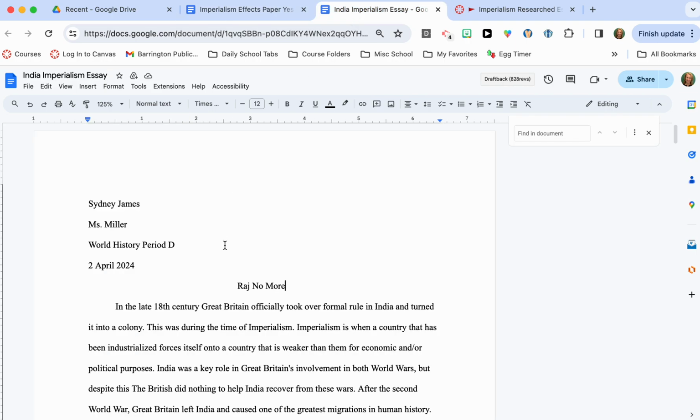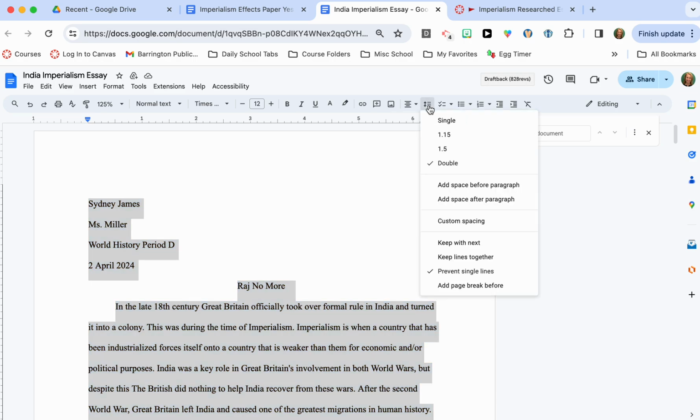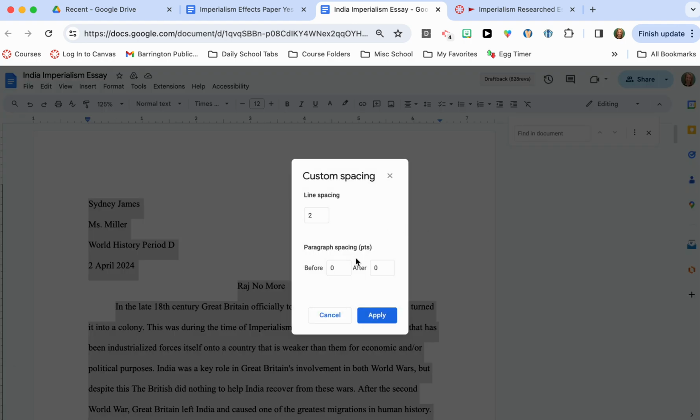So this is kind of a thing that gets messed up when you cut and paste quotations and things from the internet because those web pages have spaces built in. So what you want to do is select all, and you're going to head on over here to your toolbar and you'll notice there's something that says line and paragraph spacing. So you're going to click on that. Now, ordinarily people just go to double and they leave it at that. But again, because you might have cut and pasted things, you need to eliminate spaces that are sort of invisible to the naked eye. So you're going to go down to custom spacing